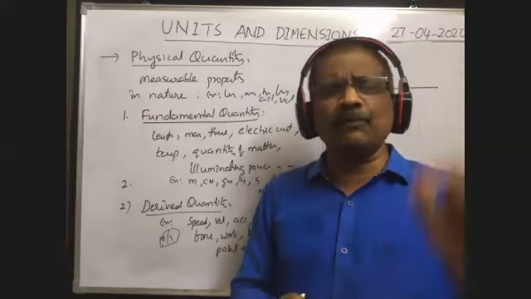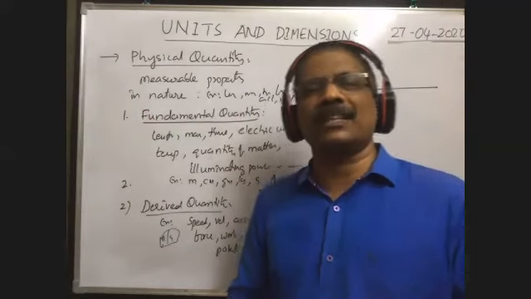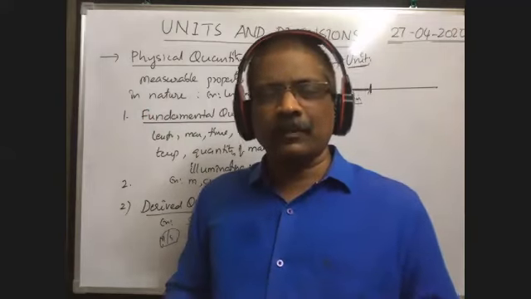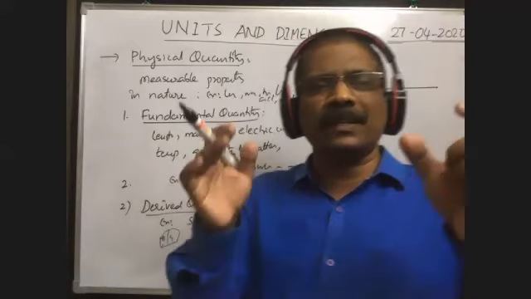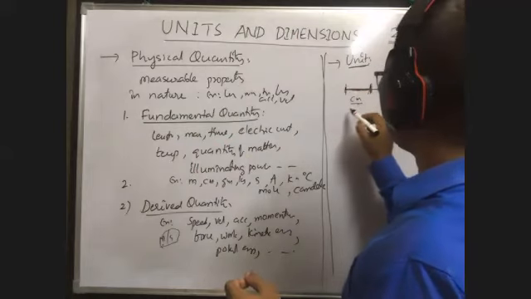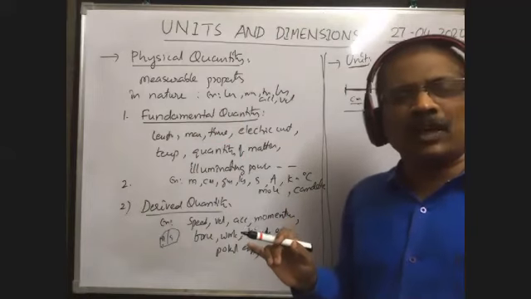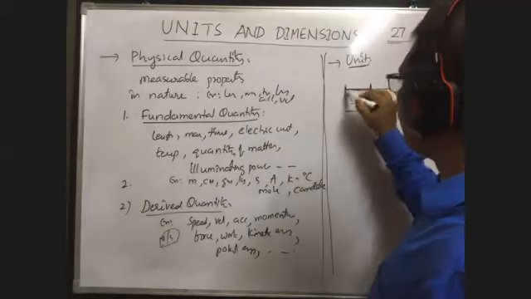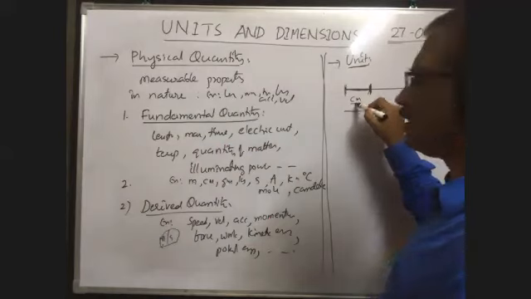So to measure any physical quantity, a standard of the same quantity is required. Suppose you want to measure the length of the wire, and you have a thermometer. Can we measure? No, because that gives a reading in centigrade or Kelvin scale, so there is no use. To measure the length L of the wire, the standard quantity of the same kind, length, is required. The standard quantity of length is centimeter or meter.